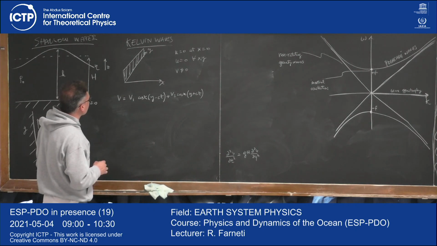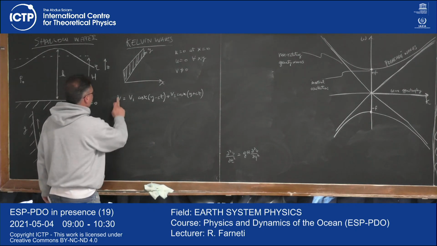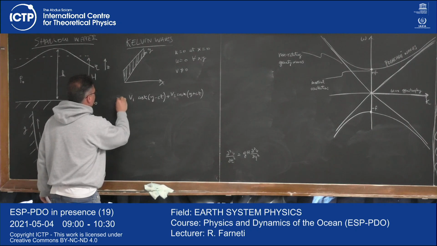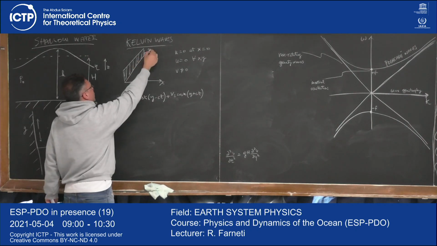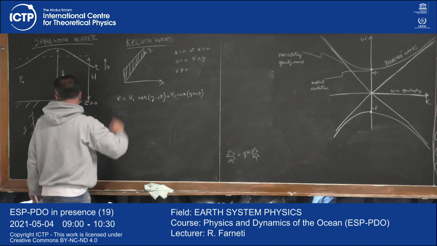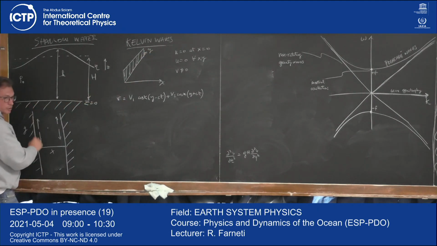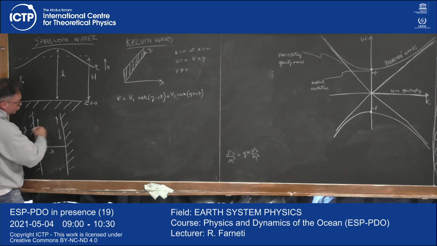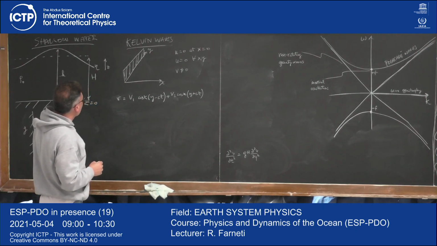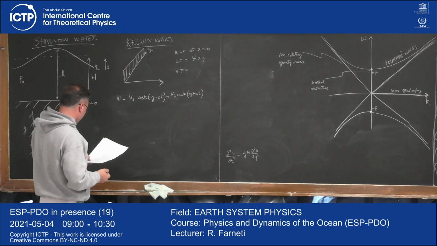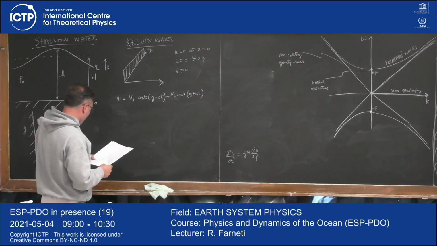So U is going to be equal to 0, V is going to be, so this is my small v. Okay, so it's going to be a meridional velocity, and the wave is going to propagate along this boundary, okay, or along this boundary. If you have two boundaries, there's going to be two solutions, V1 and V2. So the wave is going to propagate along that boundary, and